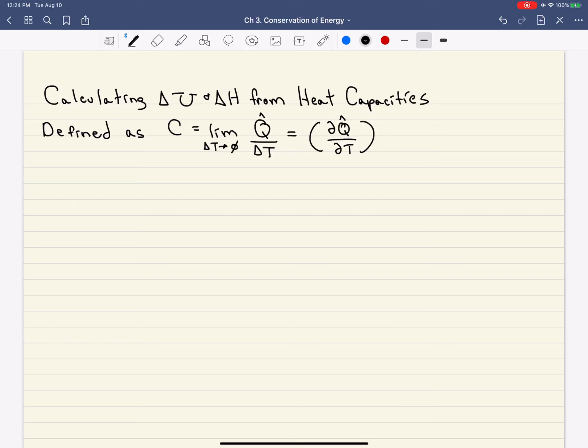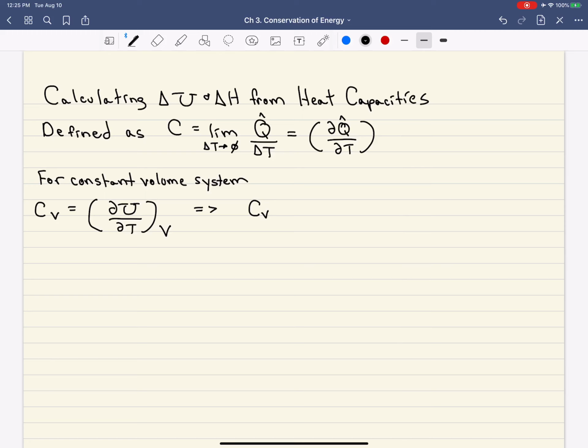And there's different types of heat capacity that we deal with. If we're dealing with a constant volume system, then we write that the heat capacity CV, where the subscript V refers to a constant volume, is equal to the partial derivative of the internal energy with respect to temperature at a constant volume. And if we took the heat capacity, CV, and we integrated it from some temperature 1 to some temperature 2,